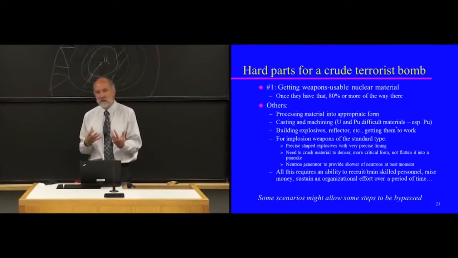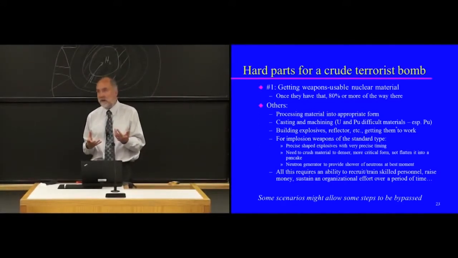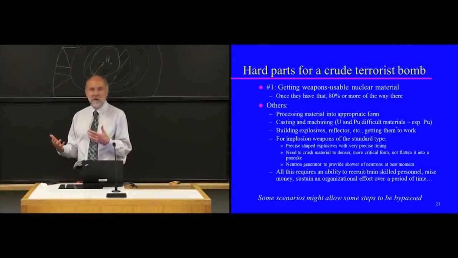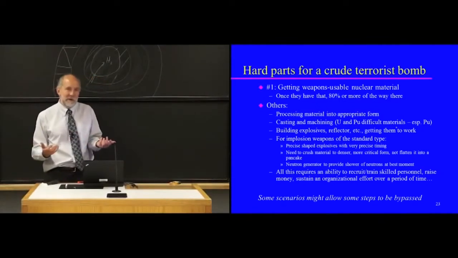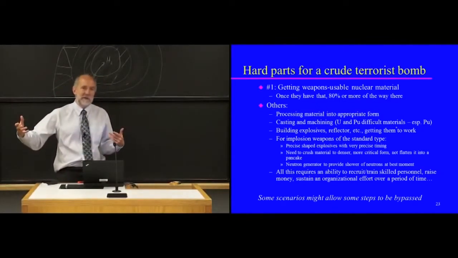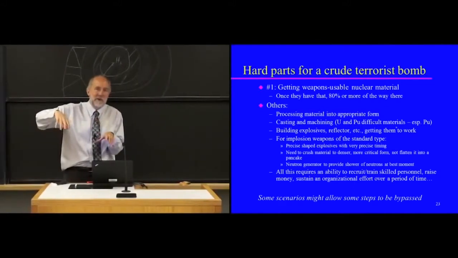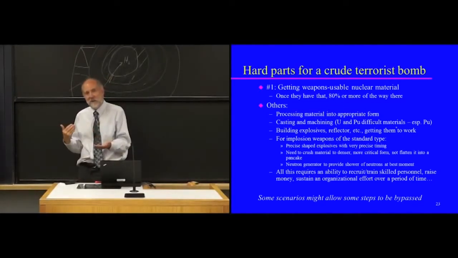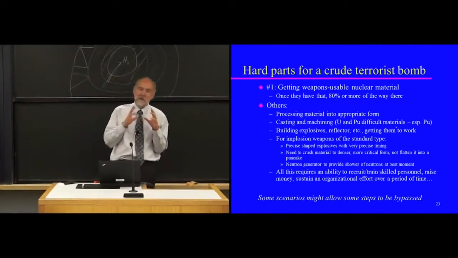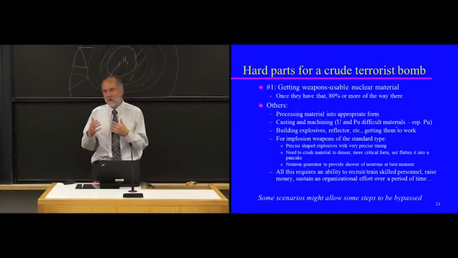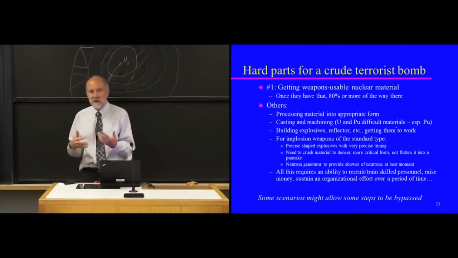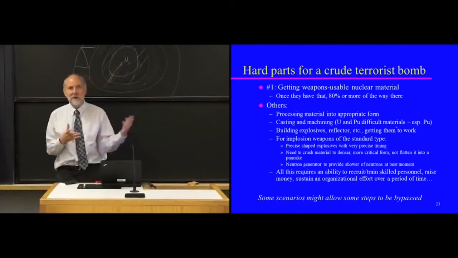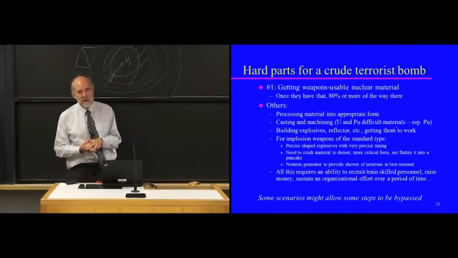They have to process the material into an appropriate form. So they might get, instead of metal, they might get, for example, research reactor fuel that's typically a mix of aluminum and uranium. And they'd have to actually chemically separate out the uranium from the aluminum, and then they'd have to convert it to metal. Okay, so some degree of chemical processing may well be required depending on the kind of material that they manage